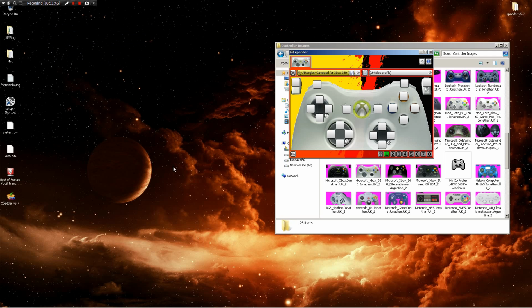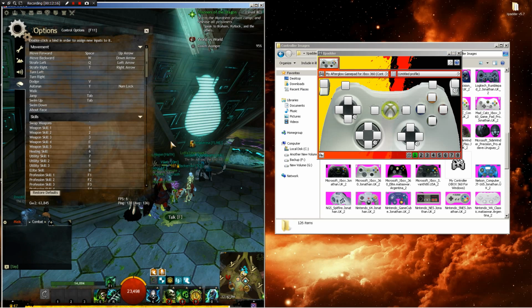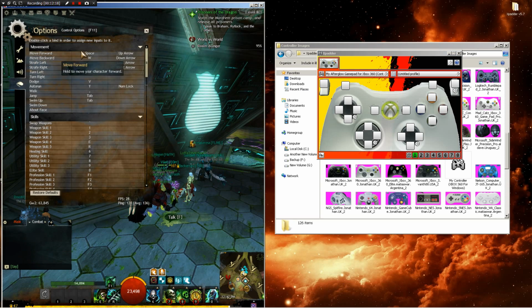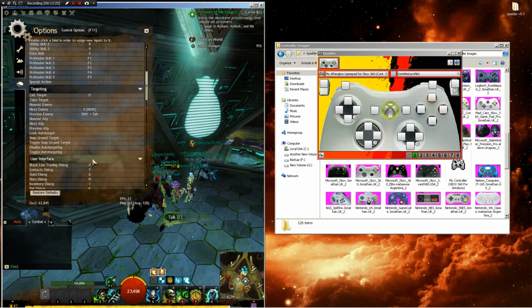Alright, so here it is right here. Now this background thing, let me save this real quick. This background here, I'll show you here in a little bit. I keep getting sidetracked here. But alright, what you want to do is first you need to, whatever game it is you're using, this is how you figure out what controls are going to be. These are my set defaults for Guild Wars 2. This is what I use if I'm using the